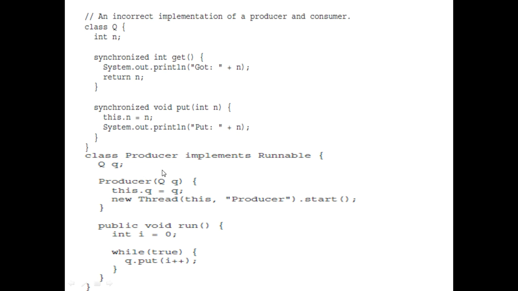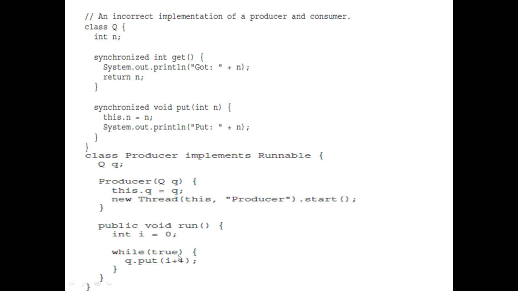method. Okay, next we'll go for defining the producer class which implements Runnable, because this class we are going to define through the creation of a child thread, and the task we have given it is to produce the items. So we have written a constructor Producer to which we have passed an object of the class queue, then create a thread and call the start method.